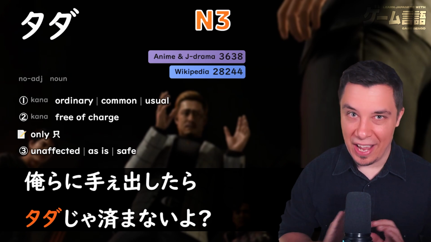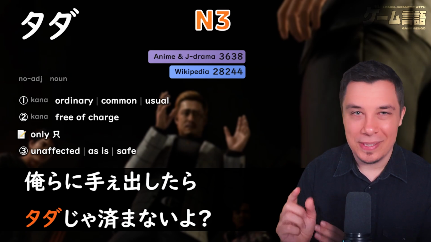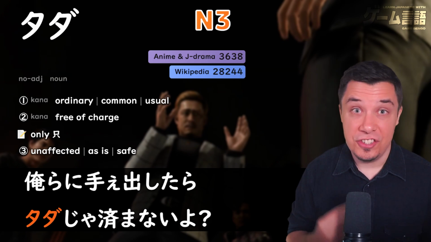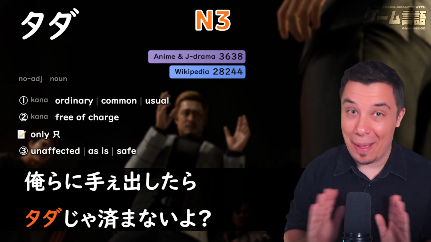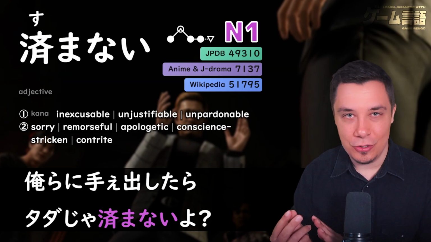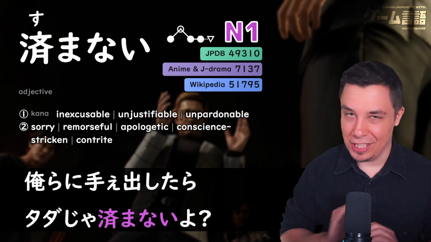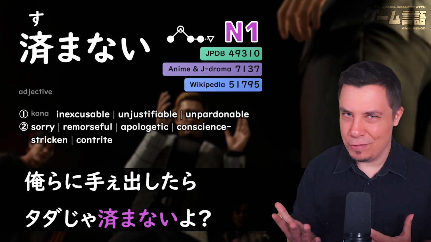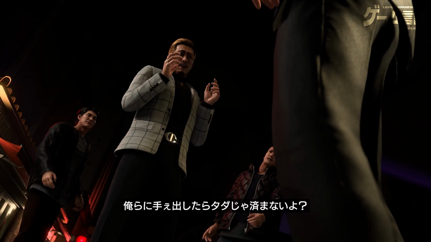ただじゃ済まないよ. Now, tada is often used to be like free of charge. But we can see here in definition number 3, it means like unaffected, as it is, right? Without anything happening. Ja is a contraction of dewa, so as for to be free of charge without anything happening. And then sumanai. This is the negative form of sumu, to end or to finish up with something. So it won't end without anything happening. Tada ja sumanai yo. And this yo, he's being a bit pushy, but he's also kind of questioning. He's like, hey, if you put your hands on us, you're not going to get away with it. 俺らに手出したらただじゃ済まないよ。